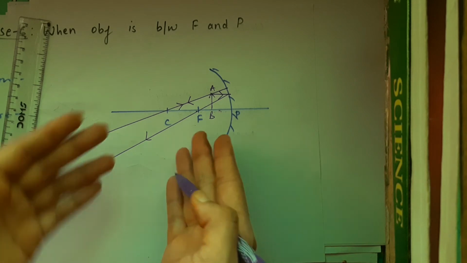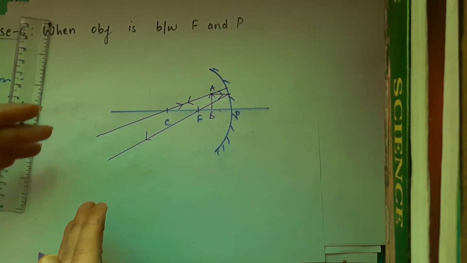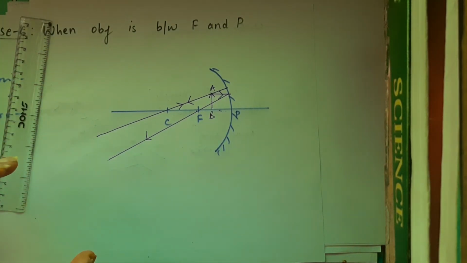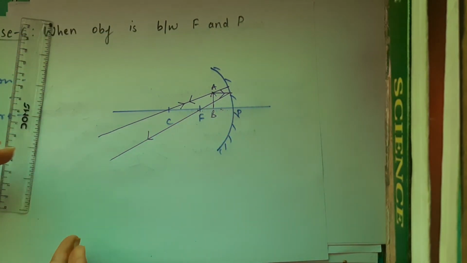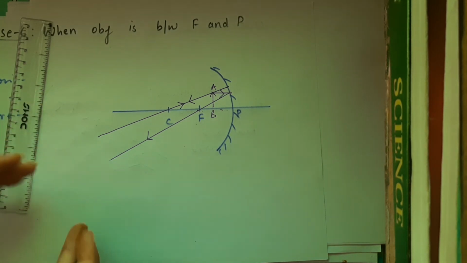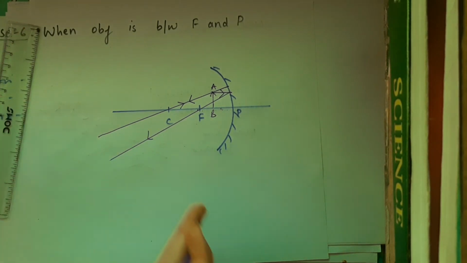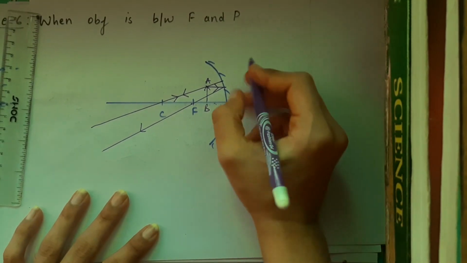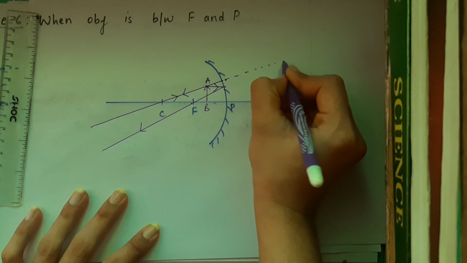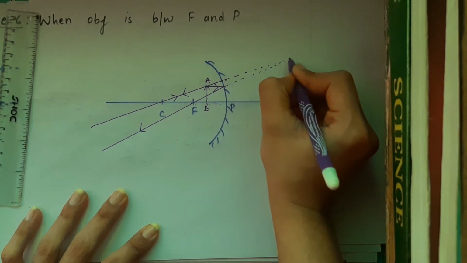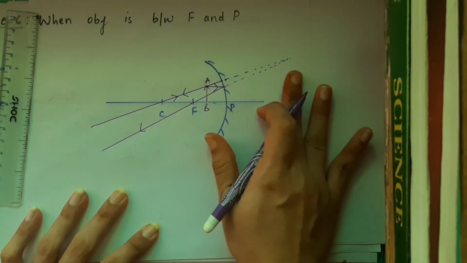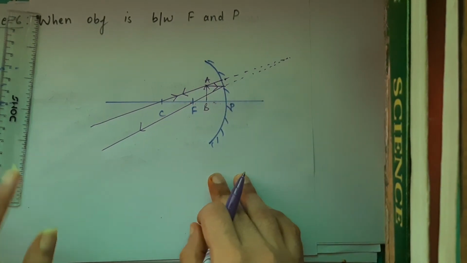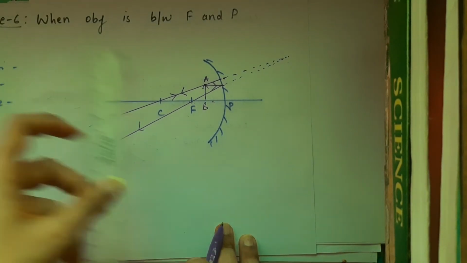Now what happens? You see that the light rays are not meeting here, and even they are not parallel, they are diverging, right? It looks like the distance between two light rays is very less here, and when they move apart, the distance between them is increasing. They are diverging. They are real light rays. So what we do here, that in this case we extend the light rays to the right side of the mirror, and what we see that the light rays are appearing to meet behind the mirror. They are appearing to meet here because I am getting an intersection point here. So let me draw the image.